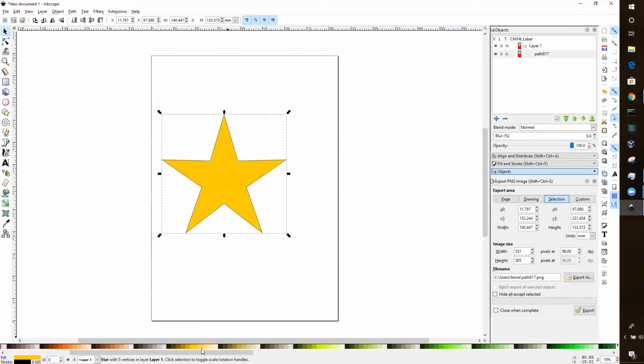So I can set the stroke as well and set the color. If I go all the way to the left over here, I can remove the fill. I can click on here where it removes the fill, and I can set the fill to nothing. And now you notice that I can